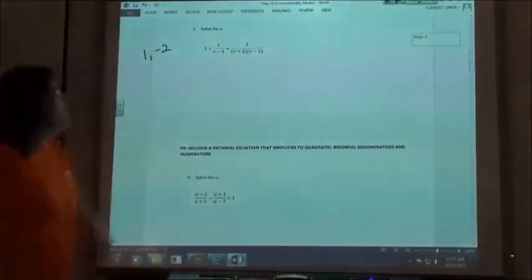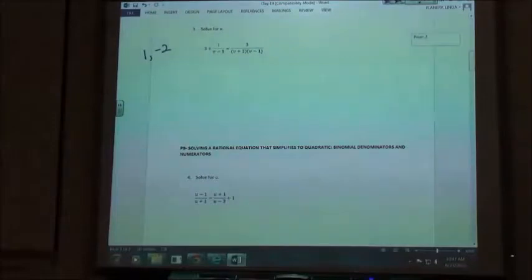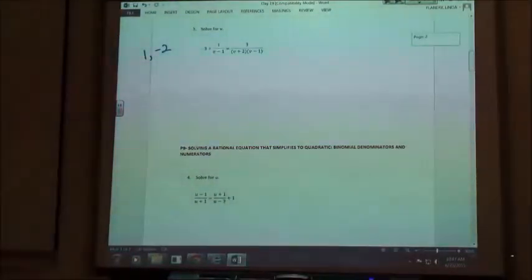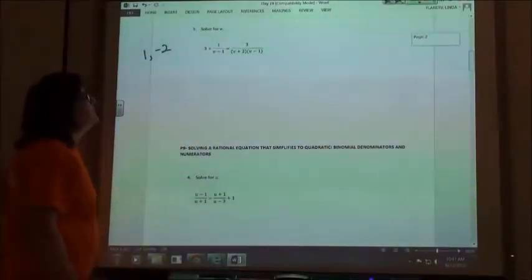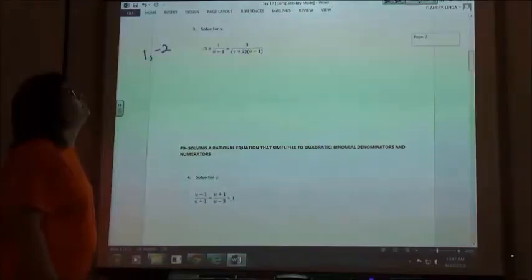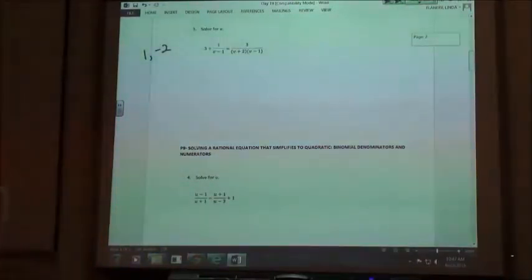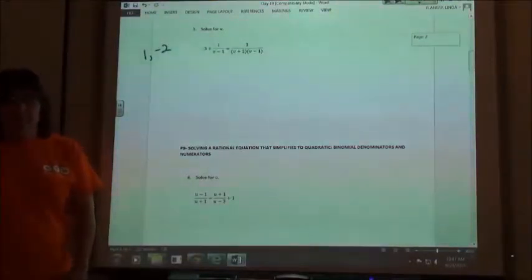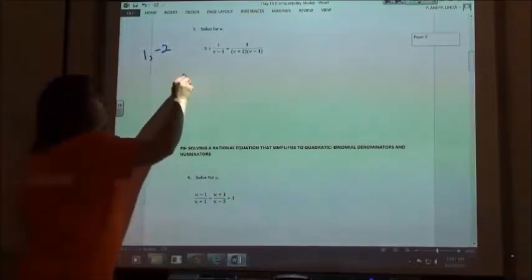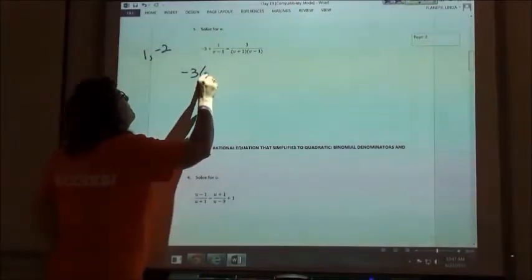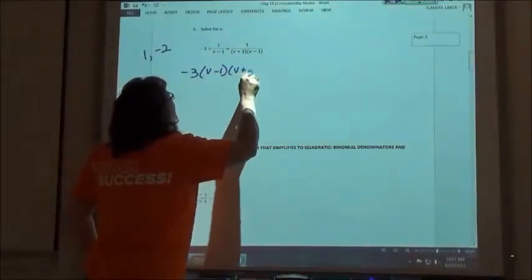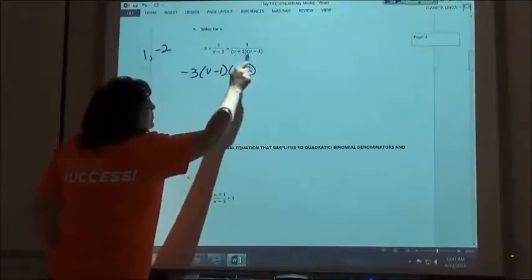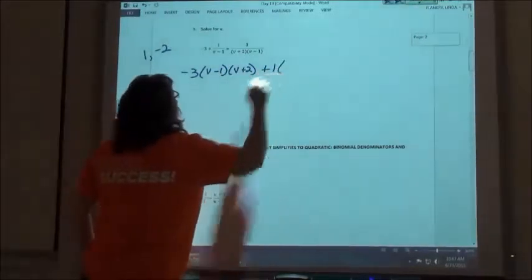So, multiplying by my common denominator. My common denominator, v plus 2 and v minus 1. What would I have there for my first part of my equation? -3 v plus 1 v plus 2. So the -3 is multiplied by both of those 2 things, plus the 1 is going to be multiplied